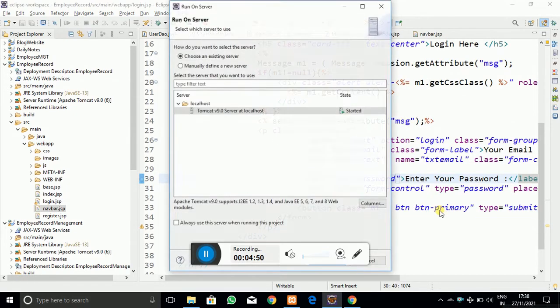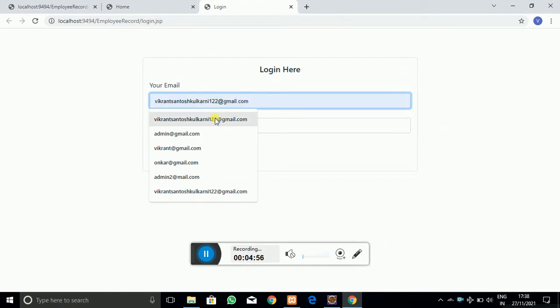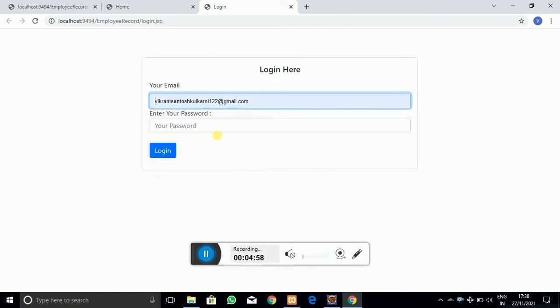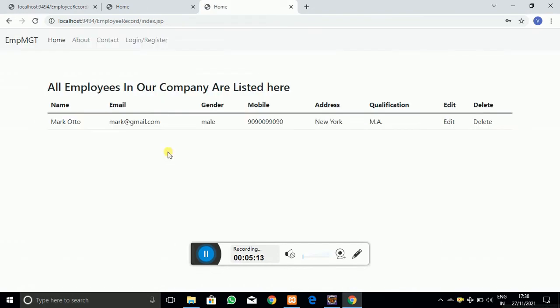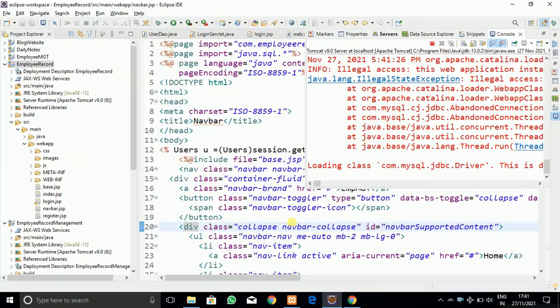Run on the server. As you can see here, we have to log in first. So let me log in to the system successfully, with the password and whatever it may be. So click on the login button. When I do that, you can see that dynamically it should change, but